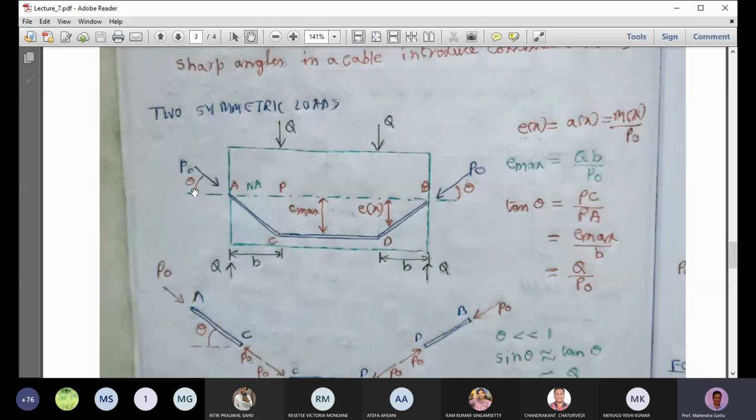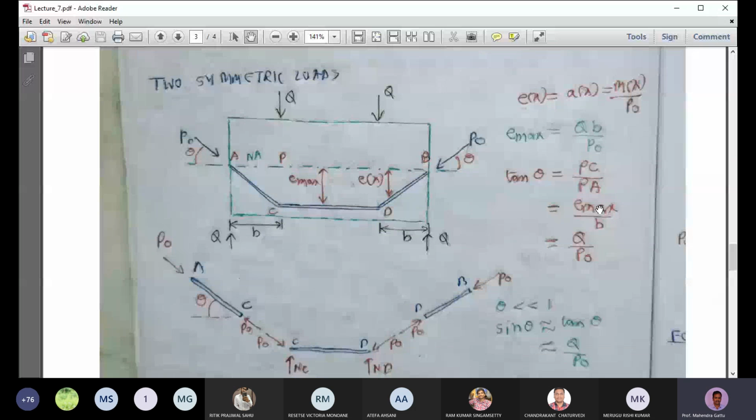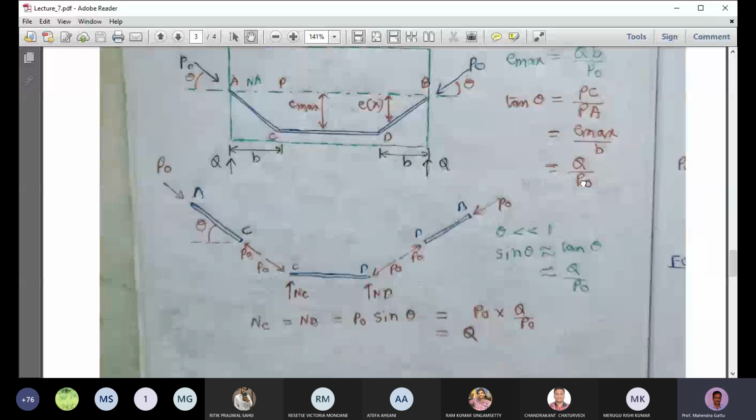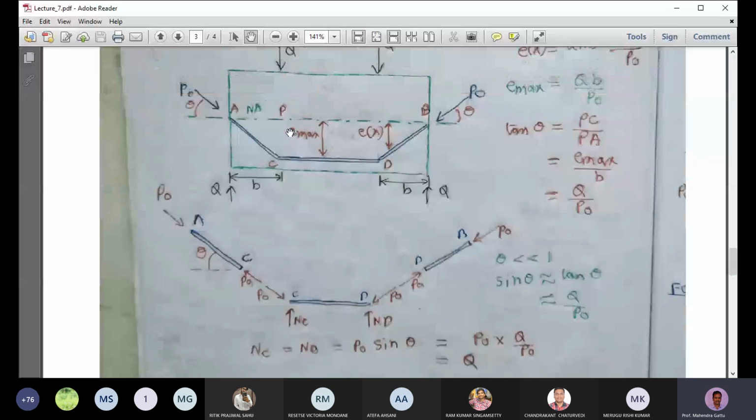So we want to find what is tan theta. To find tan theta, it will be PC by PA, because this angle is theta, so angle PAC will be theta. So tan theta is PC by PA. So PC is Emax, and PA value is B. So we get tan theta is Emax by B. And if you substitute Emax as QB by P naught, so QB by P naught by B, it will be Q by P naught. So tan theta is Q by P naught. And since the slopes are very small, theta is very much less than 1, and we get sin theta is approximately tan theta, which is Q by P naught. Okay, so with this information, we'll do the analysis